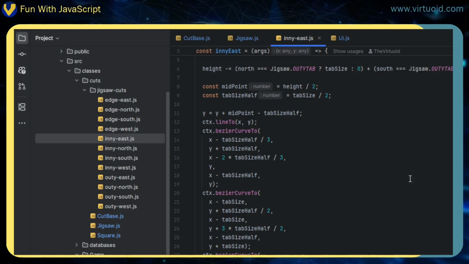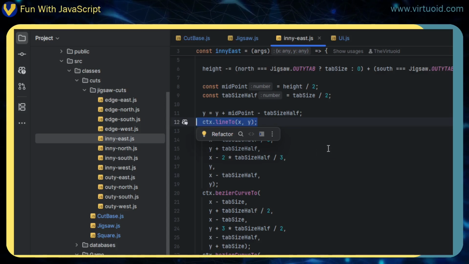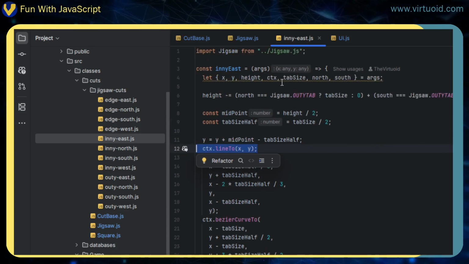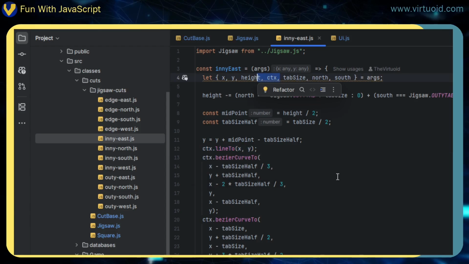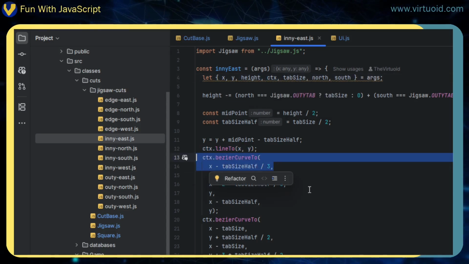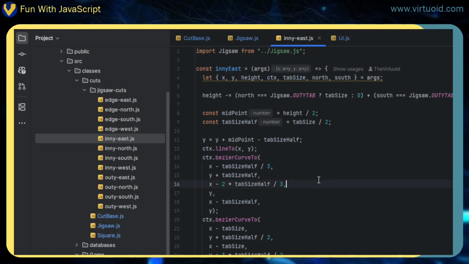Now this is an innie, or a slot. What we have to do here, and what's really nice here, is we first of all go to, we've passed the CTX, there we go right there. We've passed the CTX over through args. And what we're doing here, and this is what finally worked for me, is we're using this Bezier curve 2 function. This allows me to define two control points. And I'm not going to go through what a Bezier curve is. You can find them all over the place on